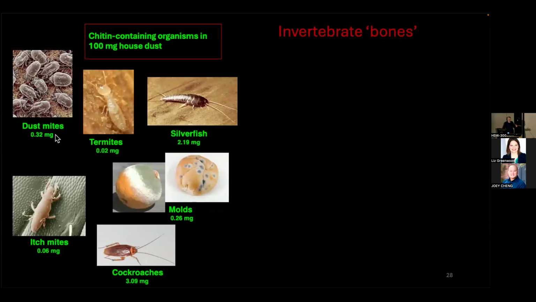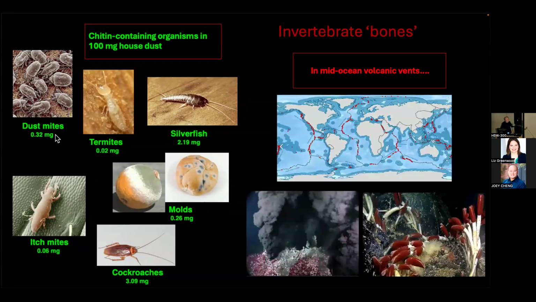So chitin is everywhere. It's all over this room. I guarantee you're all breathing it in as we speak. This is the bones of invertebrates. You can find it in dust with chitin binding domains, but you can find it all over the world. And my favorite site is at these volcanic vents where magma comes up between the tectonic plates. And deep under 2 miles down, no photons, tons of pressure. These vents are gassing hydrogen sulfide. And the life form that springs up around these volcanic vents is tube worms. These are annelid worms that live in a chitinous home where they get shelter.